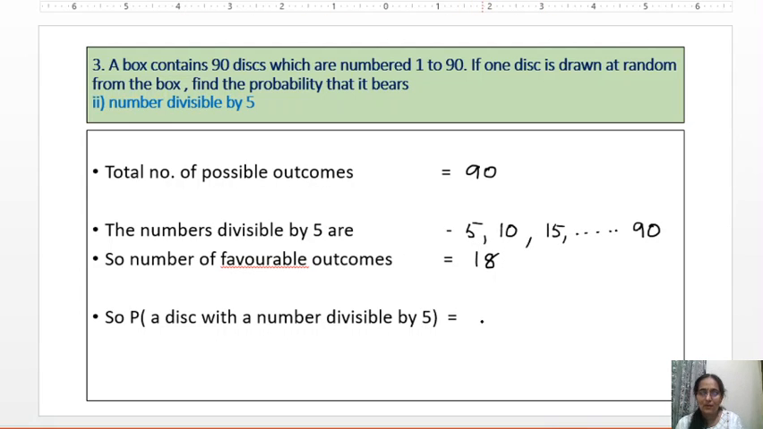So now I will write the formula to find the probability of the disc with a number divisible by 5. It is 18. Your favorable outcomes are 18. 18 discs are having a number which is divisible by 5. So favorable outcomes divided by total possible outcomes, 18 by 90, reduced to the lowest form is 1 by 5. The probability of getting the disc with a number divisible by 5 is